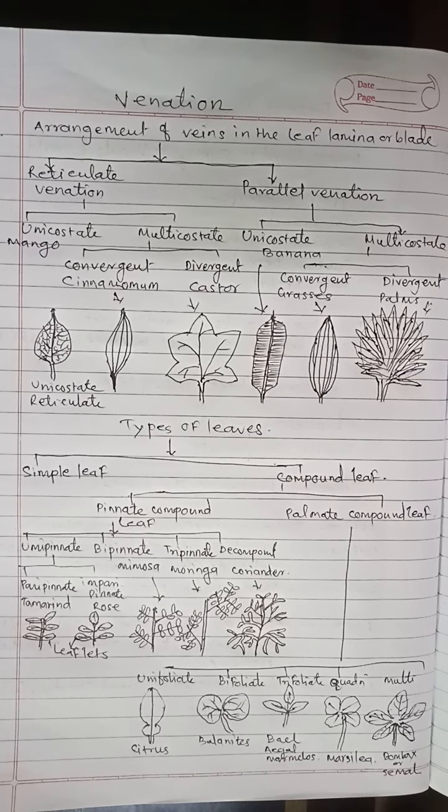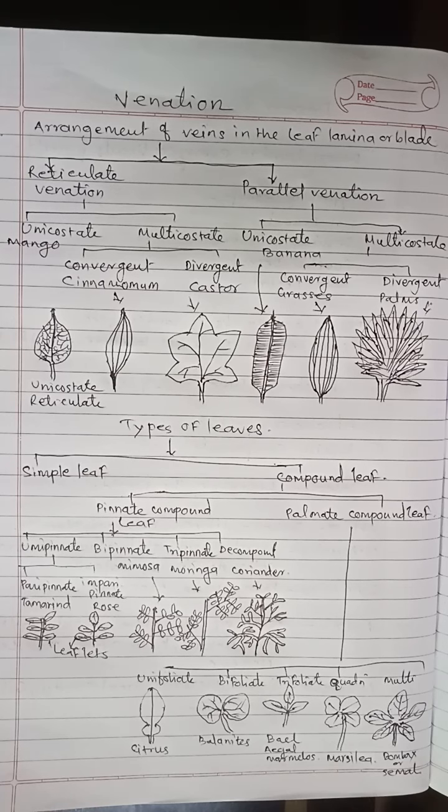In convergent type, many principal veins arising from the base of the leaf blade converge towards its apex, means they meet at the apex in a more or less parallel manner. Example, most of the grasses such as wheat and bamboo plant, in bamboo leaf the convergent type of parallel venation